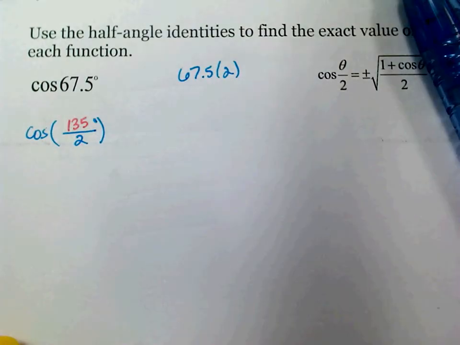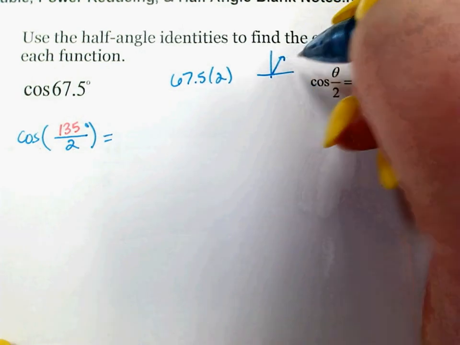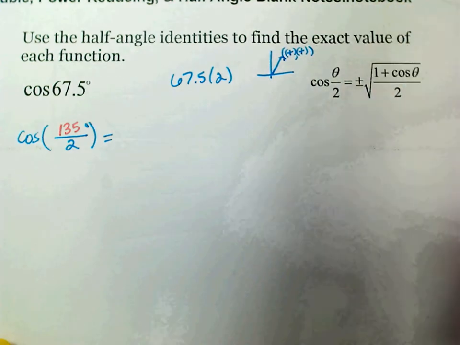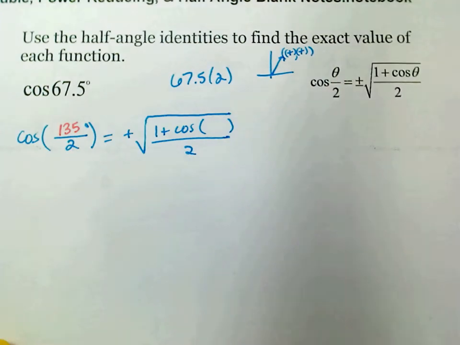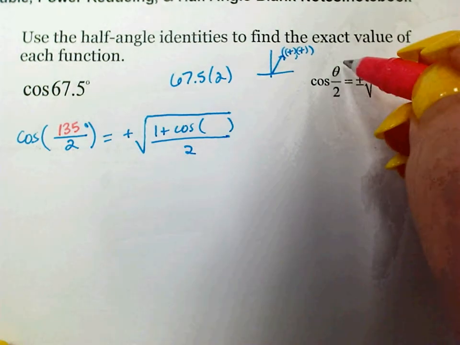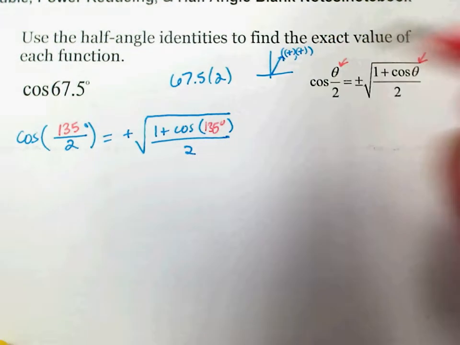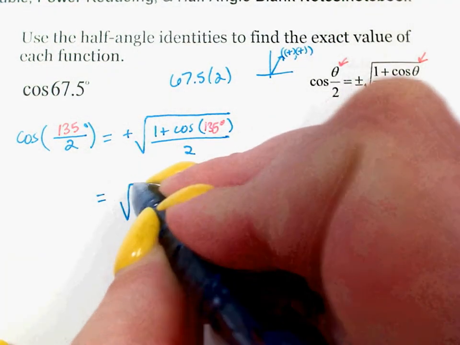Which I know. So, okay. Let's talk about this angle. 67.5 degrees is in the first quadrant. So everything is positive here. So as far as the square root goes, we're going to just pick the positive. Square root of 1 plus cosine of theta divided by 2. And the angle, remember whatever this theta is, this is the same theta. So this theta is 135 degrees. Okay, so this is going to be the square root of 1 plus, and then cosine of 135 degrees is